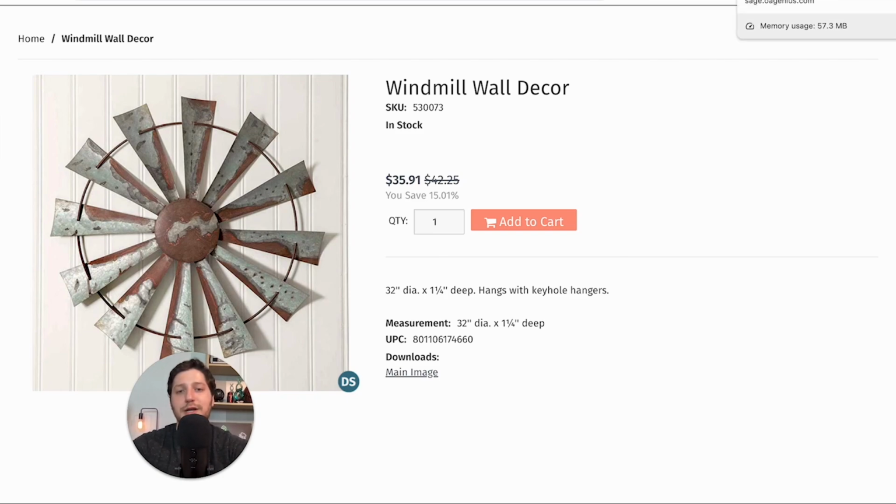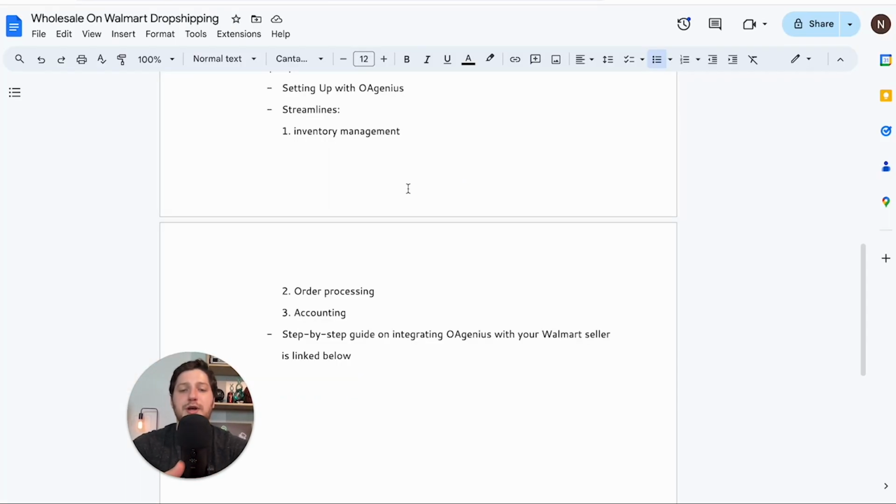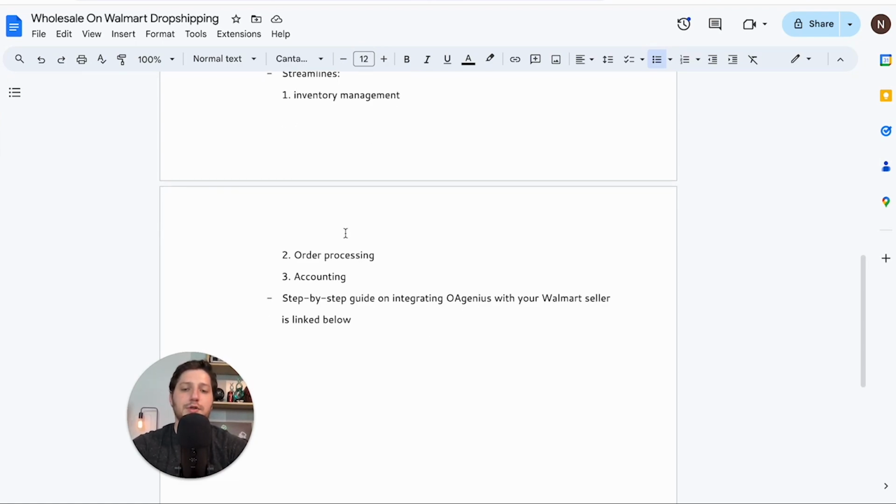and that is where I use a software called OA Genius. With OA Genius, you're able to automate your business through inventory management. You can use it to list products onto Walmart, as well as for order processing. Once you get an order for an item, OA Genius can automatically send that order to your supplier, and then your supplier will go ahead and send you a tracking number, which you can enter into OA Genius,